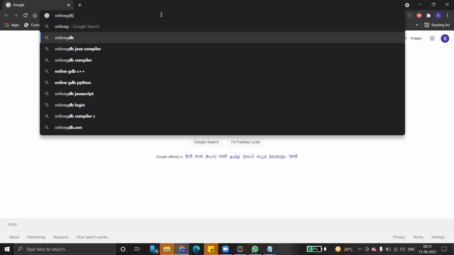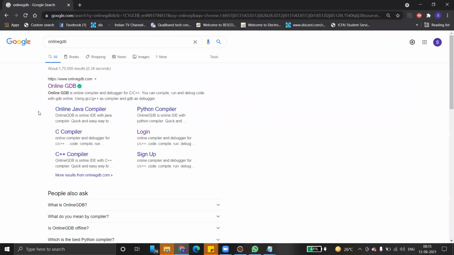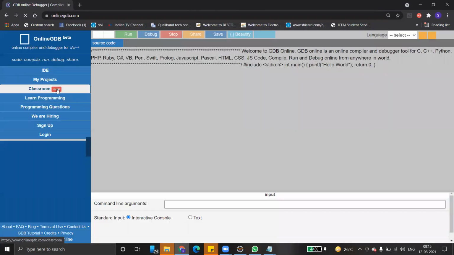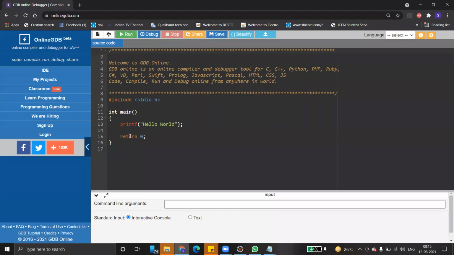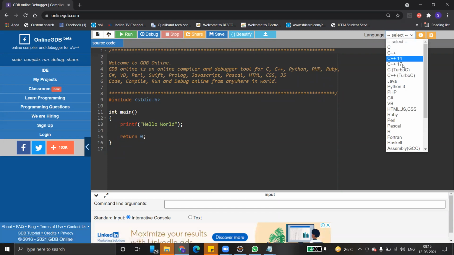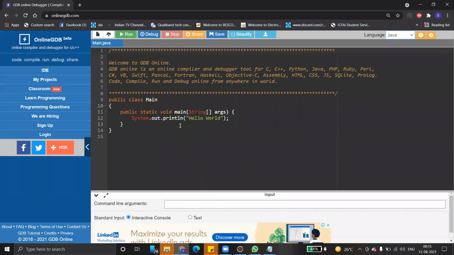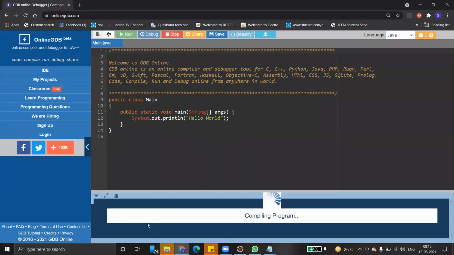That's why I suggest you download and install Eclipse. Online GDB Java compiler is there. You can directly go to online GDB and write your programs here. Here you need to choose the appropriate language. Since you are practicing Java, choose Java and write a program here. To run, I simply click run, and it automatically executes and shows the results here.